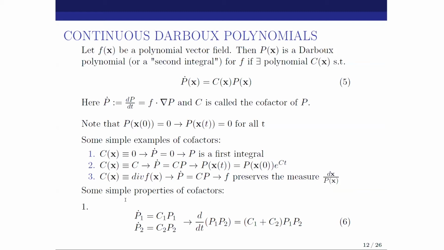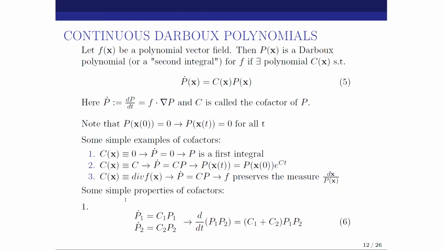And some simple properties of cofactors are the following. Because of the product rule, the cofactor of the product is the sum of the cofactors. And that's equation 6 here. And from that, it also follows that if we have two,